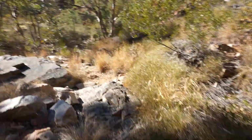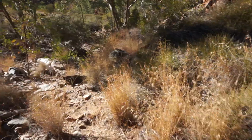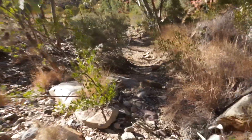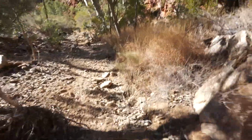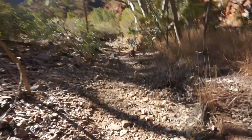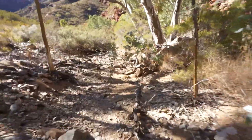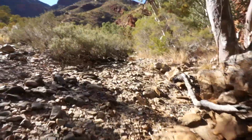I just love hiking in the creek bed. It's so nice to pick your own way through an untrekked gorge like this. You just pick the way of least resistance, and yours might be different than somebody else's, so it isn't really much of a right or wrong. Just learn to read the riverbed, pick the right path. Sometimes it's not so obvious,